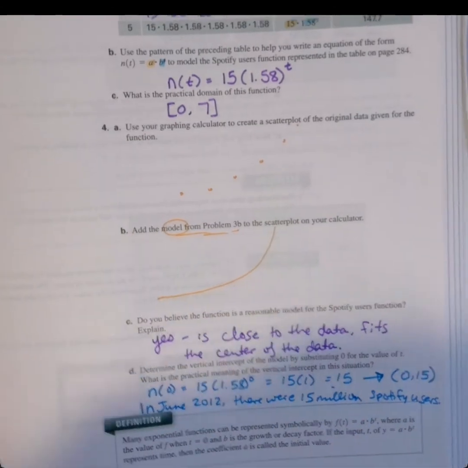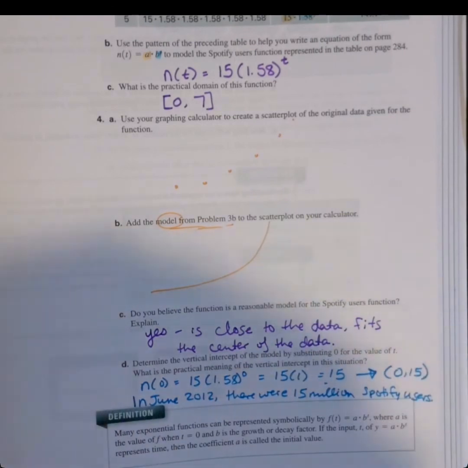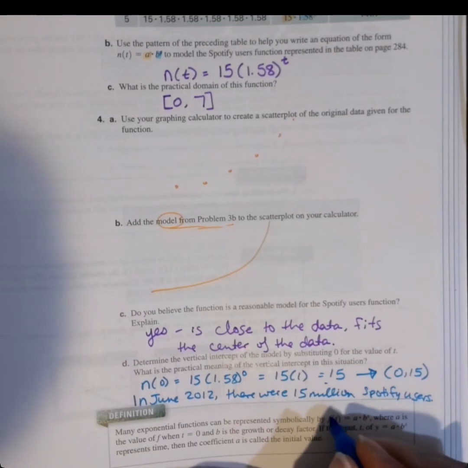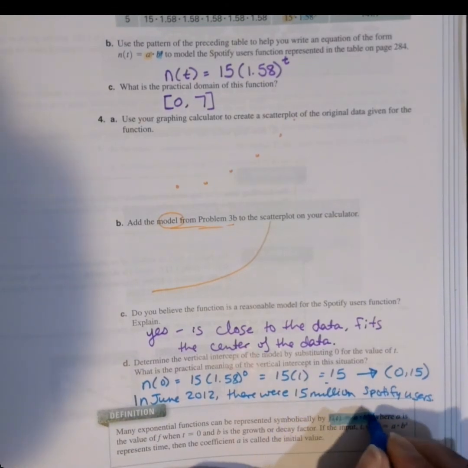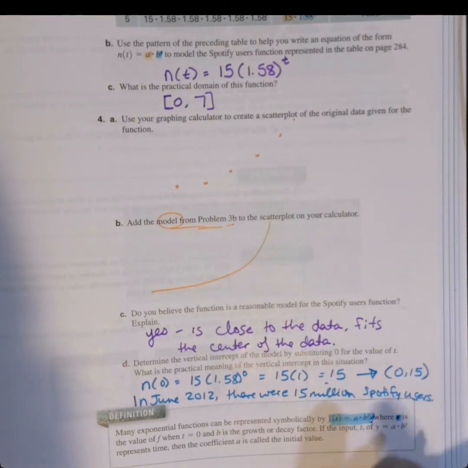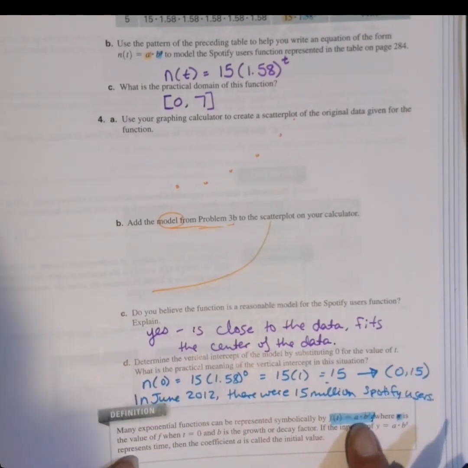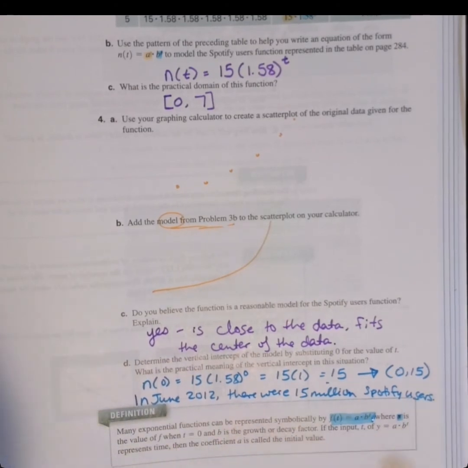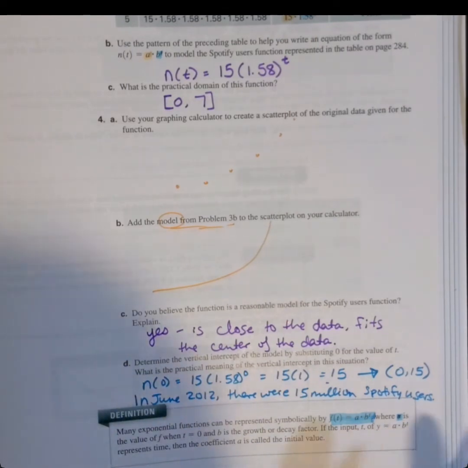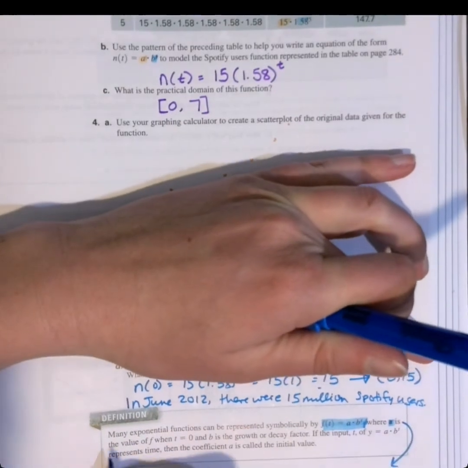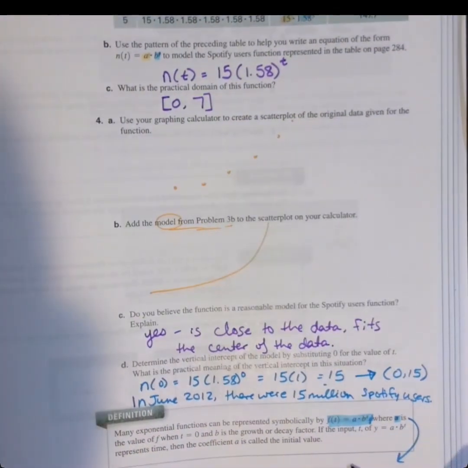All right, in our definition down here at the bottom, many exponential functions can be written symbolically as f of t equals a times b to the t, where a, in our case 15, corresponds with the value of f when t equals 0. So another way to say that is a is the initial value, or a is the value in the y-intercept. So we're actually going to make ourselves a note of this as well. When they talk about the initial value right here, a is our initial value,